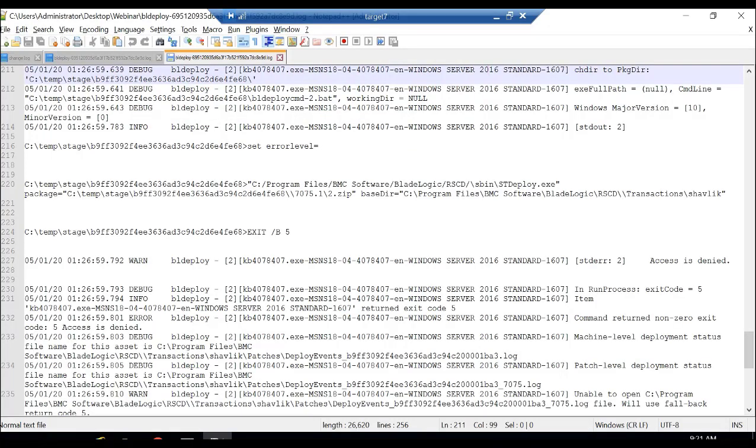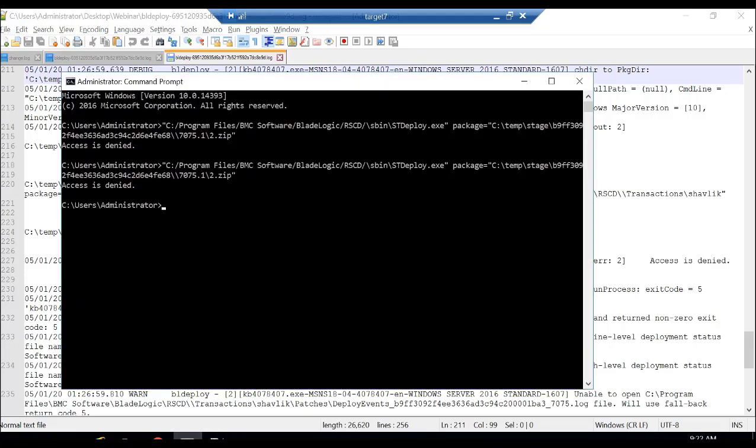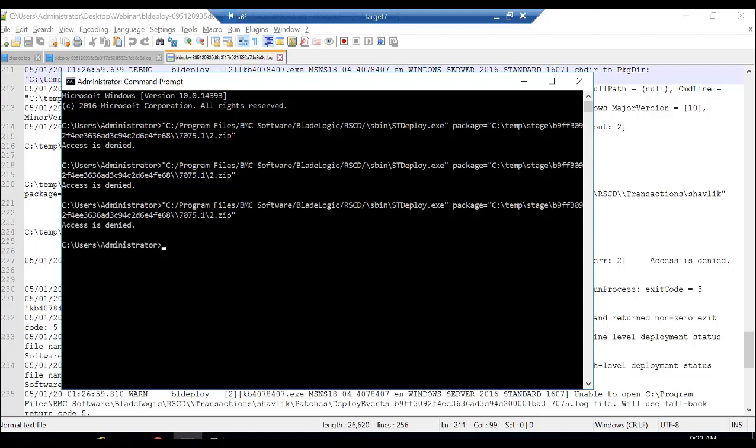Now if you want to simulate the error, I can open a command prompt and run the same command. I've done that already here, and when I run the same command, I get an access denied error here as well. So this is again not something that is related to TSSA. It is an access denied, so we'll have to figure out why. Even if we are using an administrator user to run this job and still we are getting access denied, you might have to involve your system administrators to figure out what the problem is. There are certain tools like Process Monitor which you can use to identify what is going on.